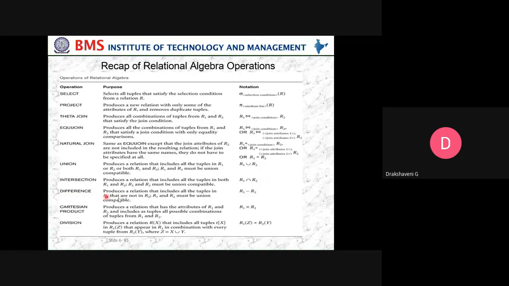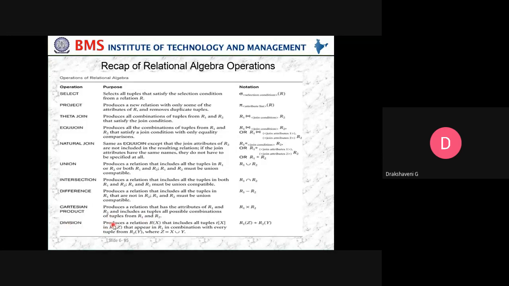Then difference produces a relation that includes all the tuples in R1 that are not in R2. R1 and R2 must be union compatible. Cartesian product produces a relation that has the attributes of R1 and R2 and includes as tuples all possible combinations of tuples from R1 and R2.